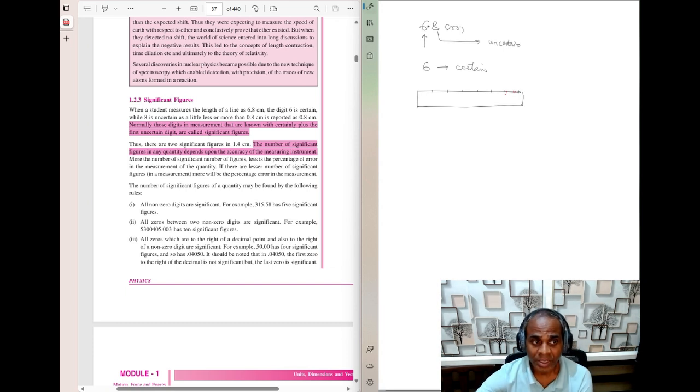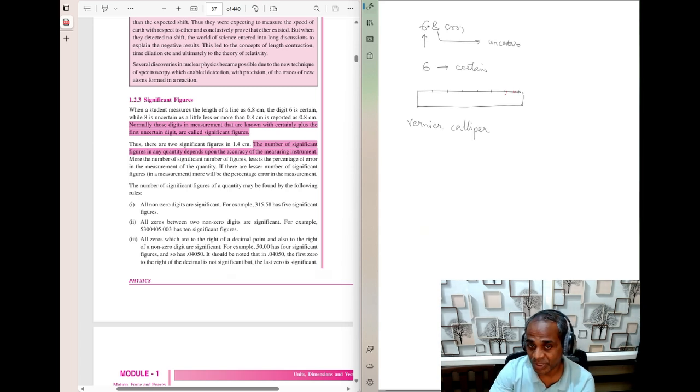Okay. So these digits in measurement, which are known with certainty, plus the first uncertain digit, together are called significant